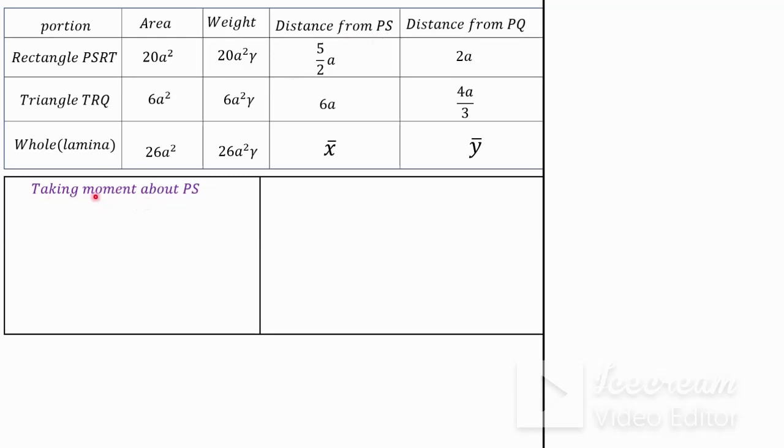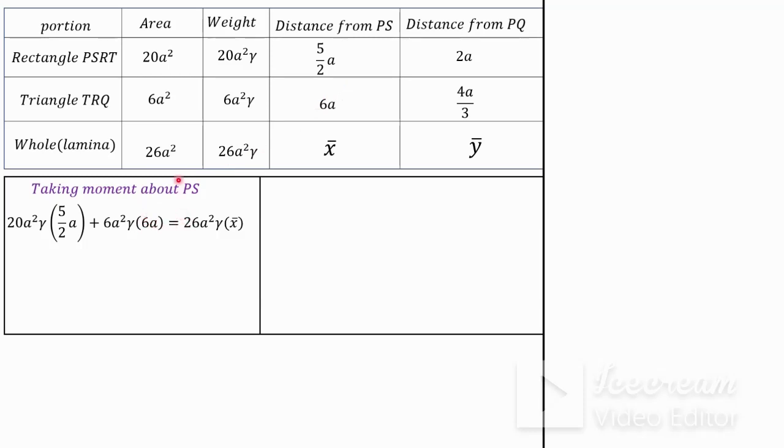So taking the moment about PS, we are going to obtain the weight of the rectangle PSRT, which is 20a squared gamma, times the distance of this rectangle PSRT from PS, which is 5a divided by 2, plus the weight of triangle TRQ, which is 6a squared gamma, times the distance from PS of triangle TRQ, which is 6a,